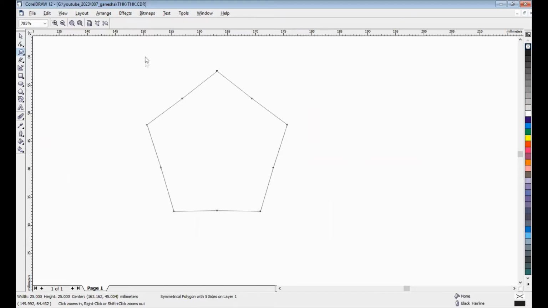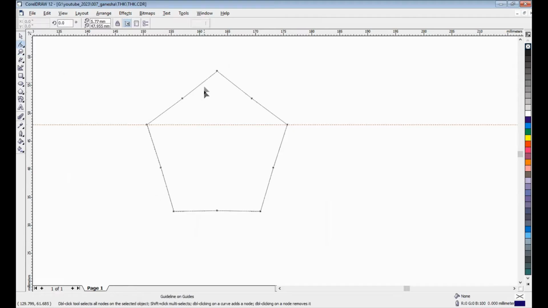Now I will create this image, get proportional size. Okay, let's try.